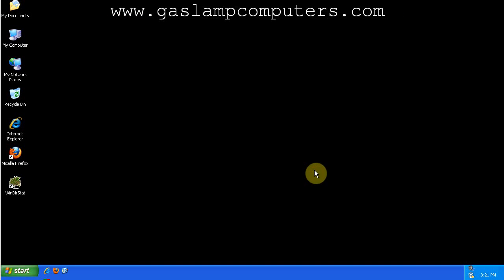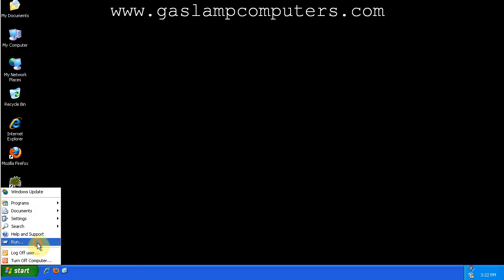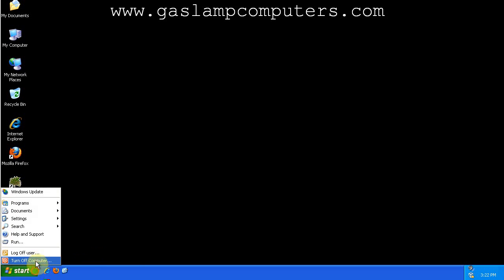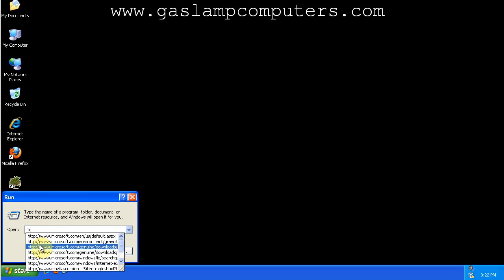Okay, now that I've shown you how to disable startup items the proper way, we'll show you how to disable them the improper way, and the following way is how most people will recommend disabling startup items, but once again, this is not advised. So you go to Start, Run, and type MSCONFIG,